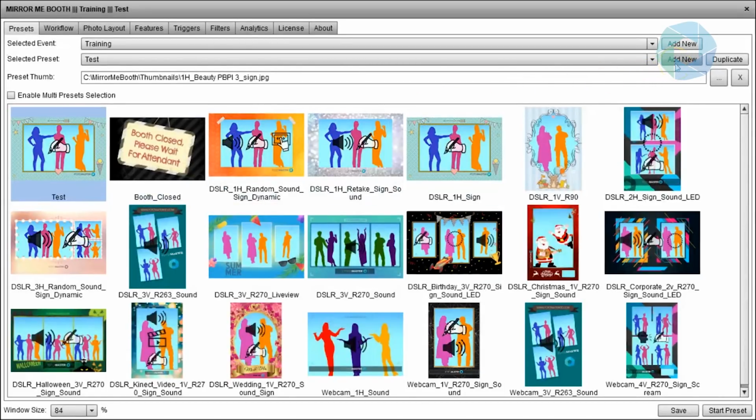The Add New button here will create a new preset file with an empty workflow and photo layout. Means you will need to create your preset from ground up. We'll press here on the Add New button